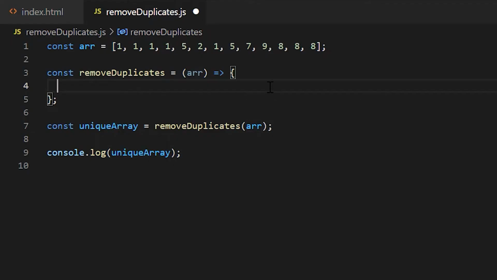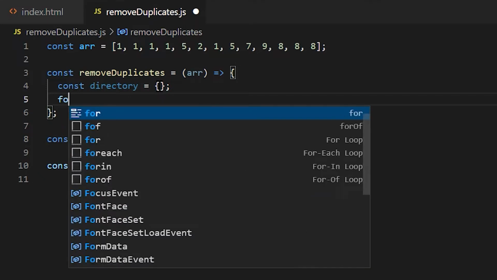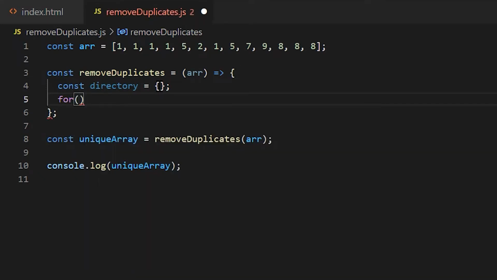So as part of this solution, we have this array, and here as you can see we have a lot of duplicate elements, a lot of duplicate numbers. So here we are going to write a function that will remove basically these duplicate elements. So as part of the solution, let me just describe an object. Let me call it directory, and let's assign an empty object here, and I'll come to why we are creating an object. But before that, let's write a for of loop to basically iterate over the array elements,